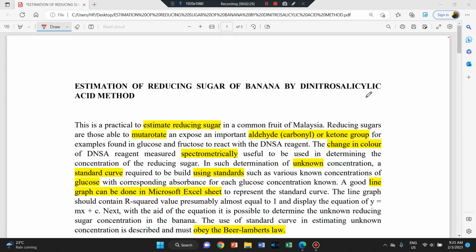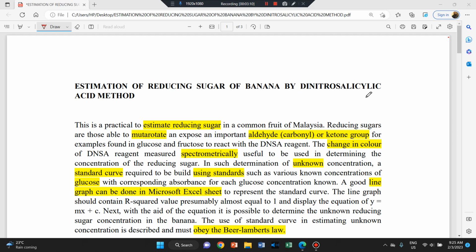Next, you will use this standard curve to determine, from the unknown's absorbance, its relative or appropriate concentration. Compared to those days when we used graph paper to get the standard curve, and then used a ruler to extrapolate manually, nowadays, with the availability of Microsoft Excel, and maybe other computer tools,